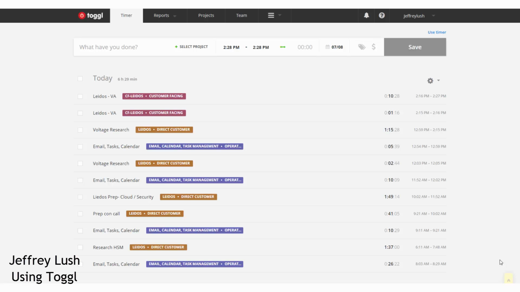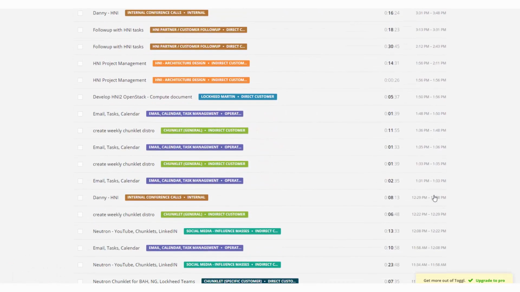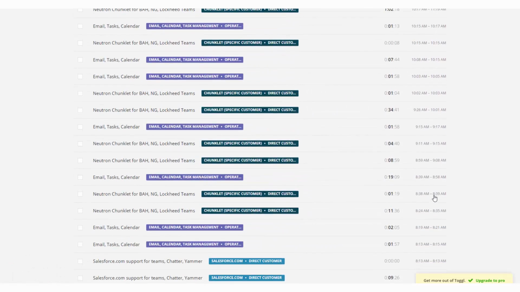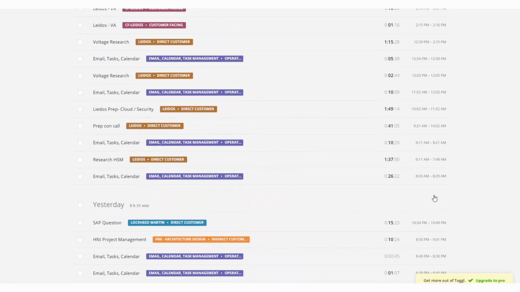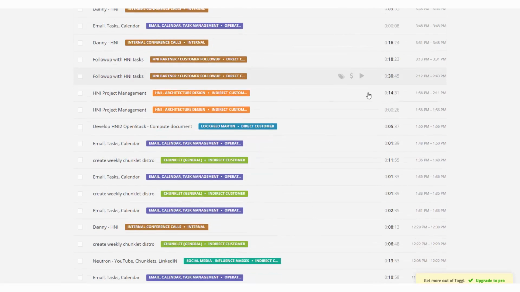Tracking your time, whether you're billing it to customers or just tracking how your day is spent, is pretty easy using the Toggl program. So let me just show you a few things here that might be of benefit to you. Now, first thing I want you to notice here, for example, yesterday, you see all of the time entries,